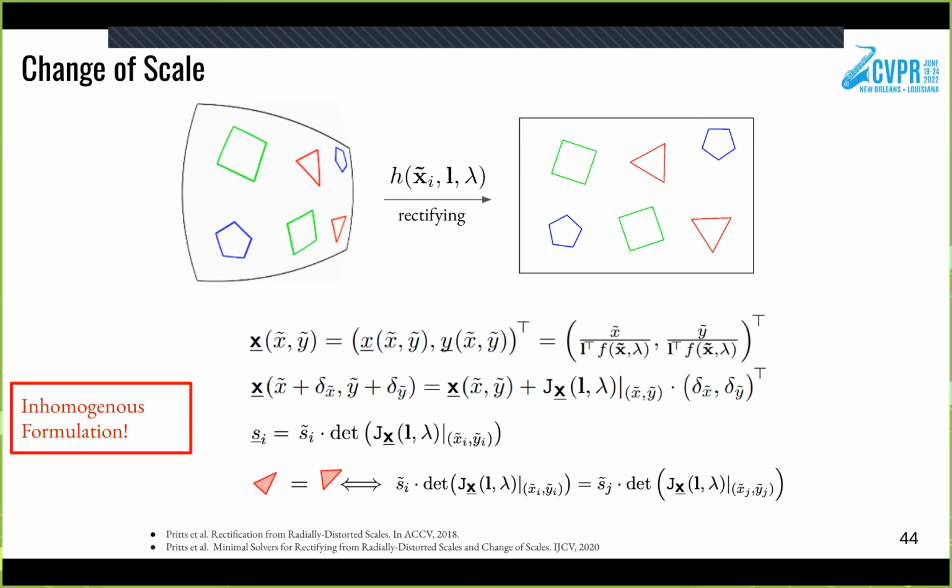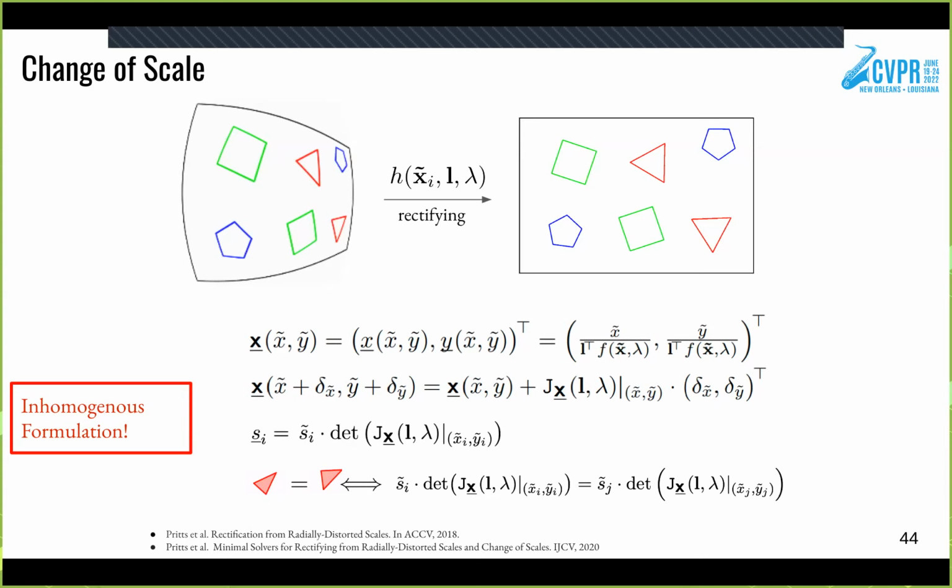So on the right of this first row is X tilde divided by L transpose, where L transpose is the vanishing line, and F is the undistortion function. And I have mixed notation here, and I'm sorry about that because you can't really see it in the fonts here, but in fact the denominator is homogeneous, while the coordinates are inhomogeneous. There's not a better way I could do it, sorry. But you can see that on the right are the Euclidean coordinates of the rectified point and undistorted point. And what we do is we linearize this transformation,